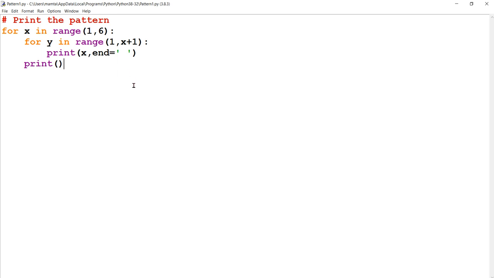The outer loop x will be iterating 1 to 5, that is within the range of 1 to 5. And the inner loop will be iterating 1 to x. So if I make the column of dry run, if I am showing here, that is the dry run.